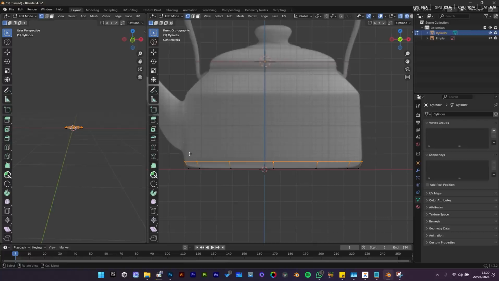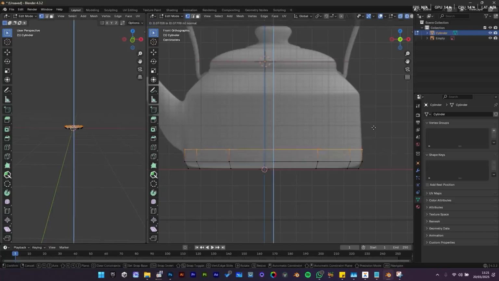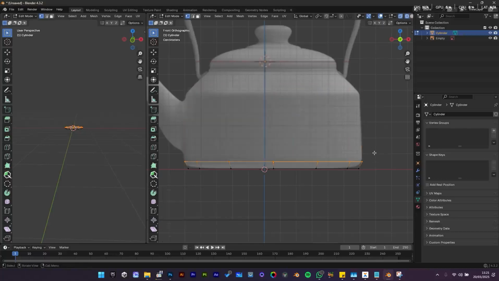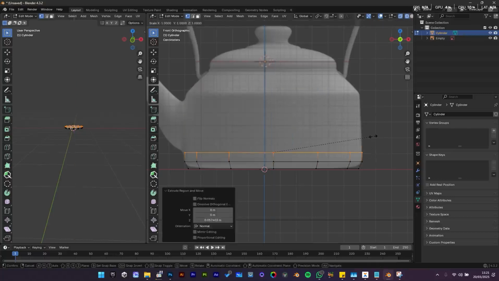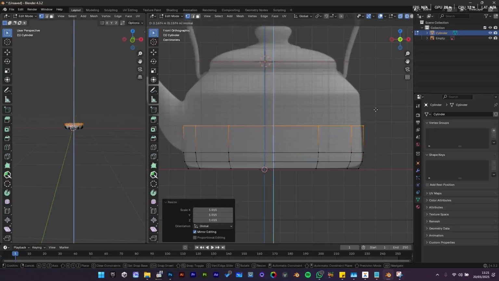Now notice I'm on vertex mode, right? I'm on vertex selection in edit mode. So now that I've selected all, let me select it again, drag over this, then we extrude, and all we need to do is follow this. But because there are curves and all of that, we can't just work with that. So I'll show you how to do what we want. We extrude and bring it up a bit, and scale S, make it wider a bit. Then we extrude again, bring it up, let's go halfway,